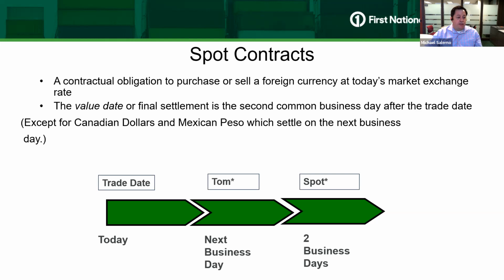The standard is that if you did a trade today, it would settle in 2 days. Now, with Canada and Mexico, that's next day. I will tell you that most banks and providers now, regardless of currency, are doing next day. You can do a cash trade for today. You can do a next day for just about every currency. It all depends upon time zones. The reason for 2-day settlement was just positioning your accounts globally. But with electronic trading and online banking and all the other